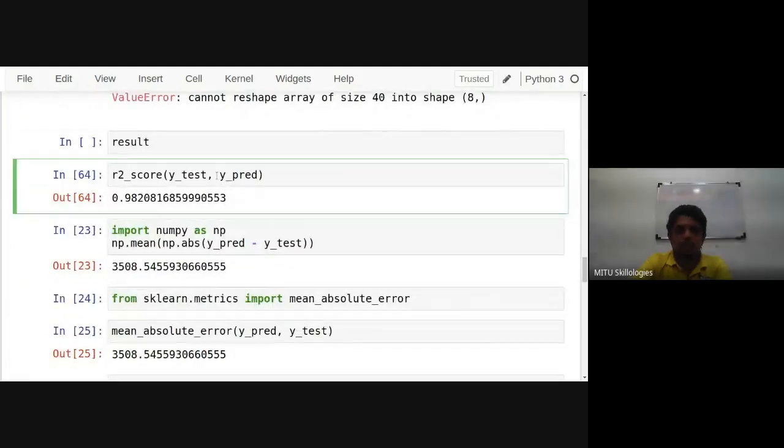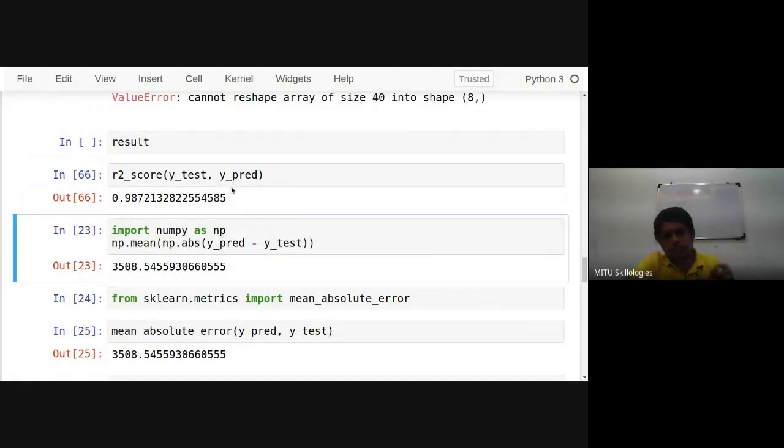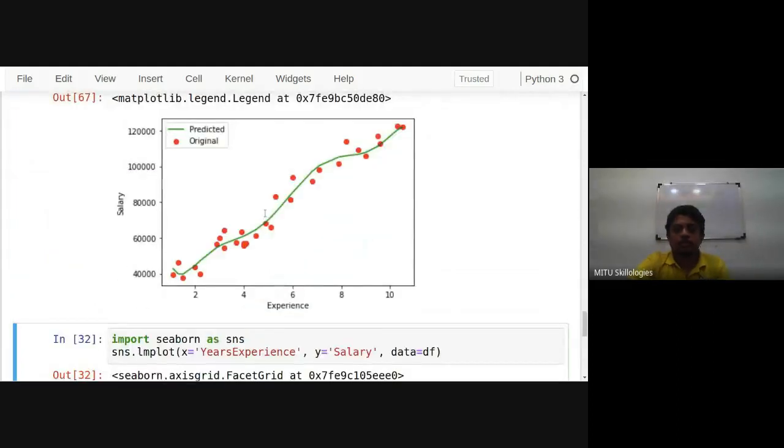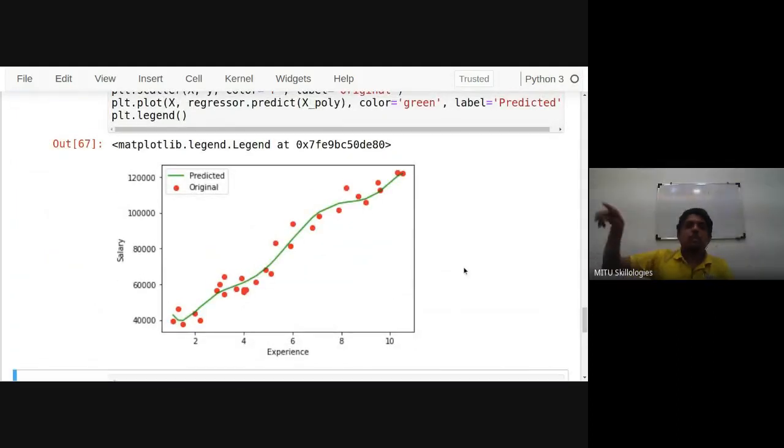Okay, done. And you can check the R2 score of it. Yes, it has changed a bit. 98.72 now. And if you check the curve here, now see, it is almost reaching the other values. That's why the 98.72 score is there. See how the curve is created. Not an exact curve in this direction, but it is approaching toward the maximum values there and increasing the accuracy for this set of data.